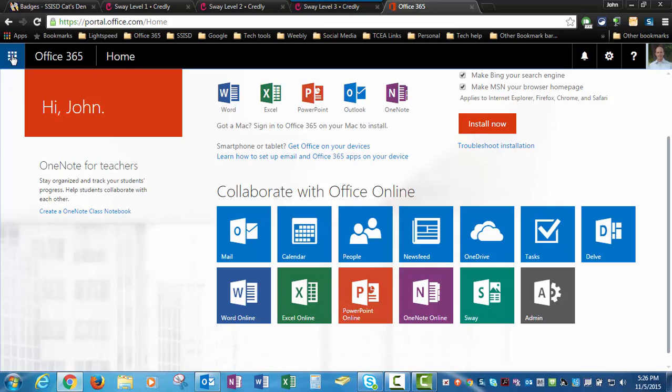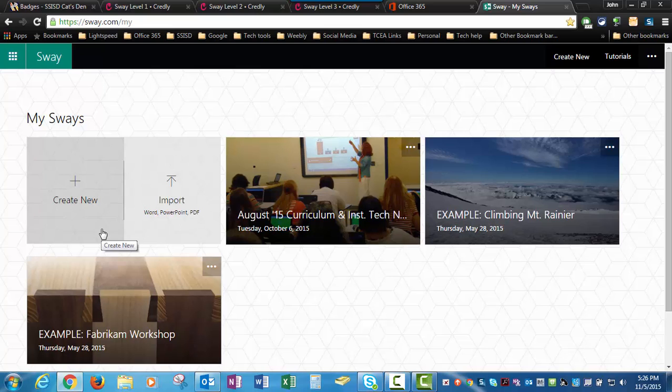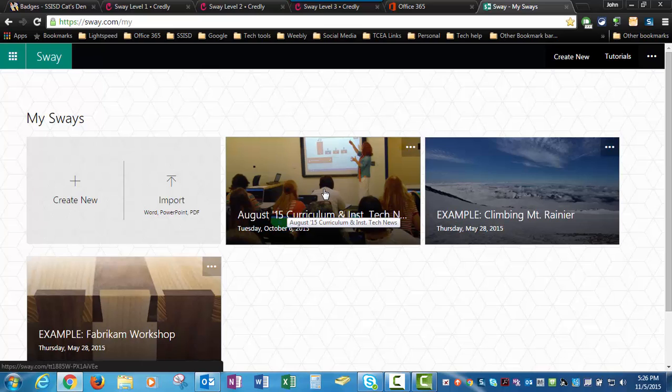Click on my waffle menu with the little white squares up here in the upper left-hand corner. So if I do that, I can go ahead and click on the Office Sway tile, and I'm brought into the spot where I can go ahead and create a Sway. Now I'm going to look at this. This is actually the first newsletter that we have never sent out. It was a review of what we did at our tech conference. So if I click on that,